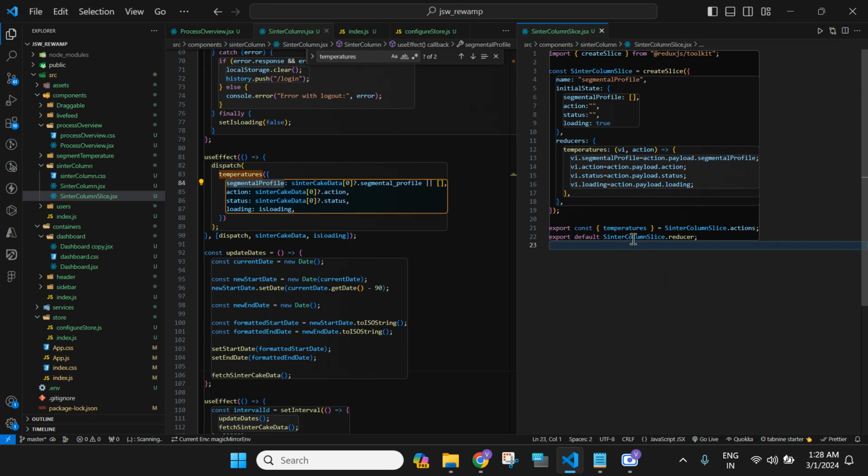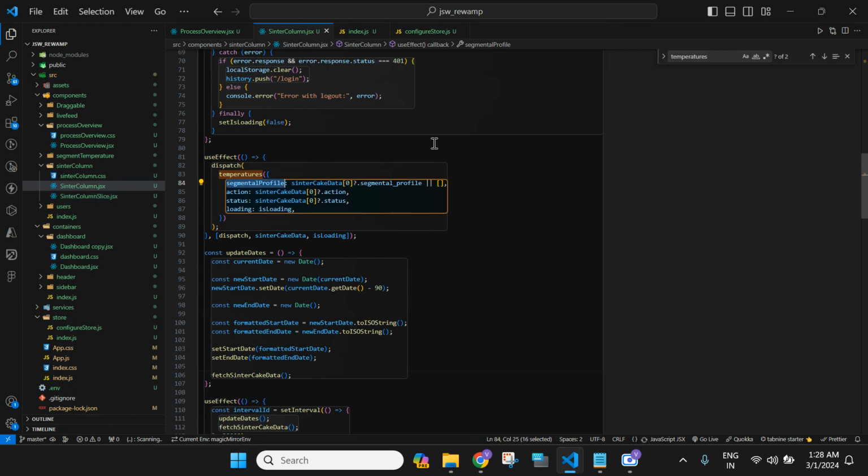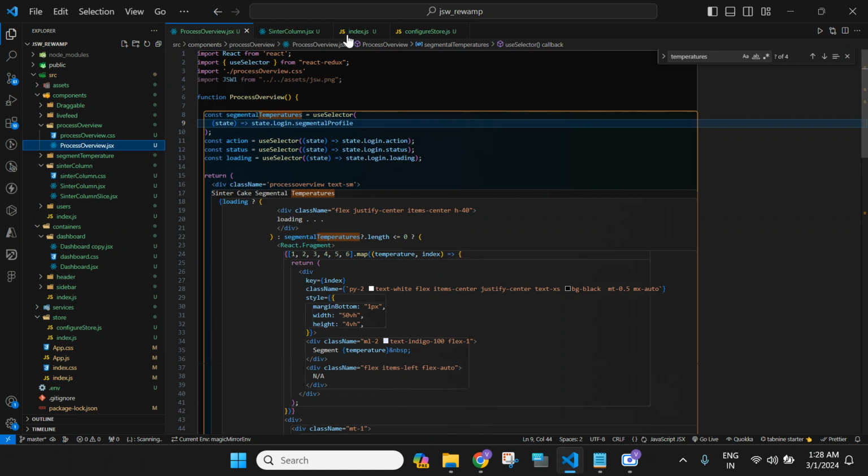Now the thing is temperatures, exports, column slice, out actions. Okay, these two are connected now. Now we'll close this. Now we assume that I want some process overview page to access that data. You can see nowhere it's mentioned center column.jsx or center column slice.jsx. Nowhere it's mentioned. But there is some weird line that is state.login.segmental profile. You can see segmental temperature is equal to use selector segmental profile, and action is nothing but state.login.action